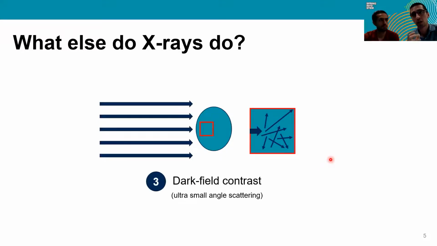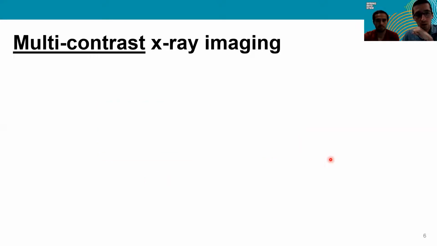These kinds of interactions actually help us learn a lot about the microscopic, subpixel, really small structures of the sample because of these really small interactions that we can get. Now, multi-contrast X-ray imaging, which is what we're here to talk about, is essentially trying to put together all of these different interactions that happen when X-rays hit matter or go through matter in order to learn a lot about that object. Basically, the idea is, okay, we've always used attenuation and that gives us some information, but if we can get even more information from the X-rays, we'll get even better images.